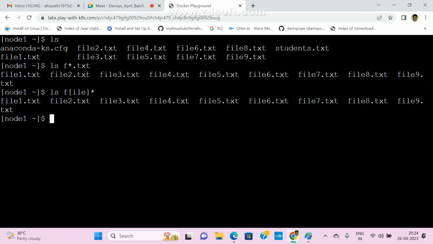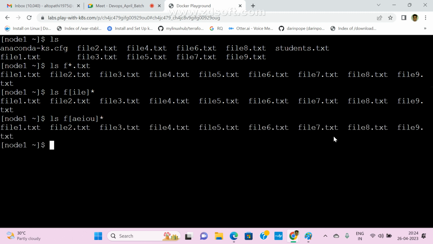Now see here. Suppose I pass something else. This is also a regular expression. So A, E, I, O, U, vowels I am giving, A, E, I, O, U. Now I am giving a star. So first letter should be f, and the second letter, whatever it may be, A, E, I. Now check it.